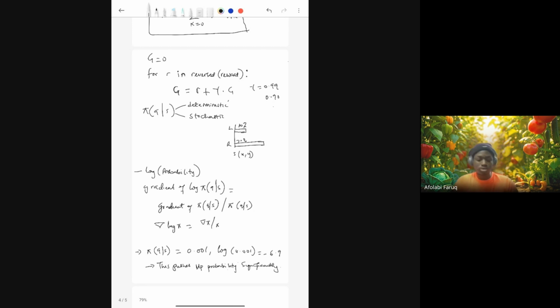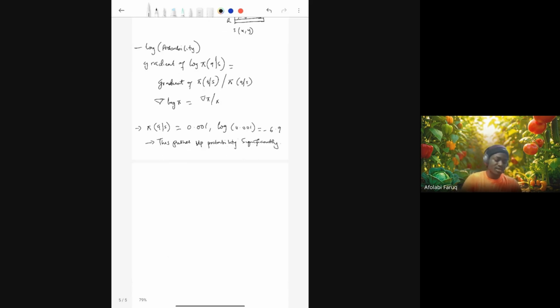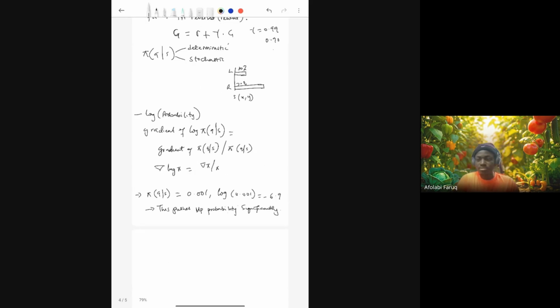This pushes up probability significantly, right? So that is that. Now, how about if we have a very large probability? What if we have a very large probability? So let's say the probability of an action given a state equals 0.99. So the log probability of this,